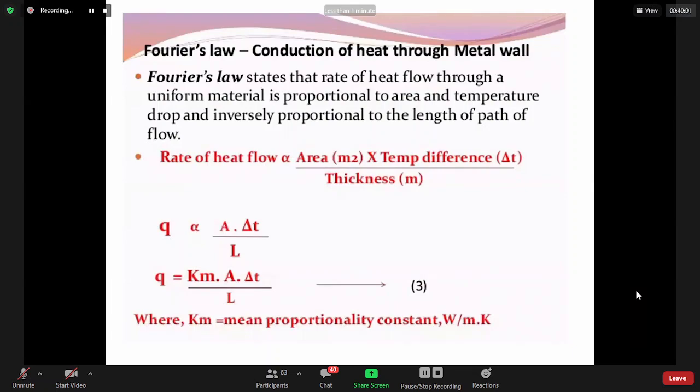Now, if you take a square metallic rod whose sides are one meter by one meter, then the length is set at 2 meters. So in this case, the area, because that is proportional to the